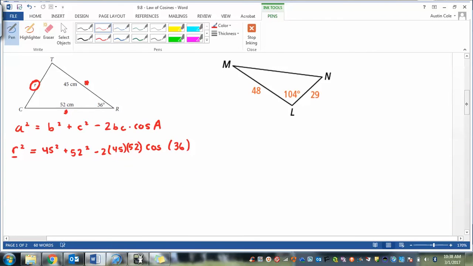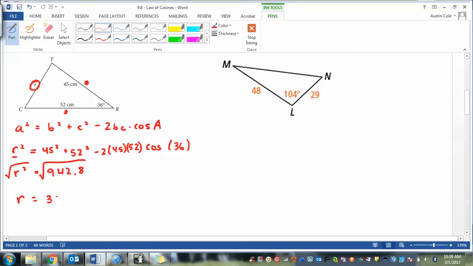942.8. That's really big. R squared equals what? 942.8. Brooklyn, nice and loud. 942.8. Do you have two decimals there? Just 800. Okay, 800. Now, the thing we need to understand is that's not R, that's R squared. So what do I need to do at the end? Yep, we're going to square root both sides. And then side R is going to be 30 point